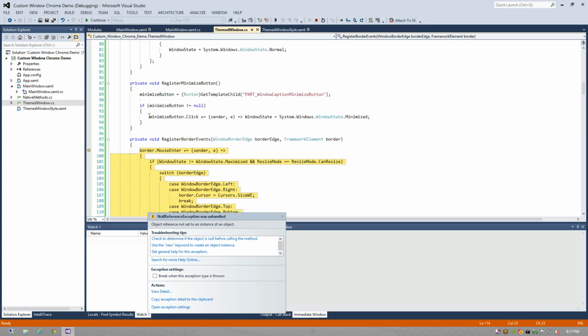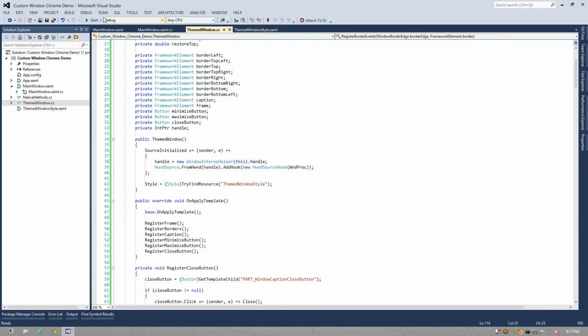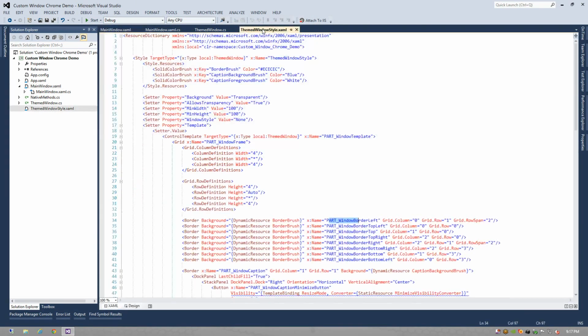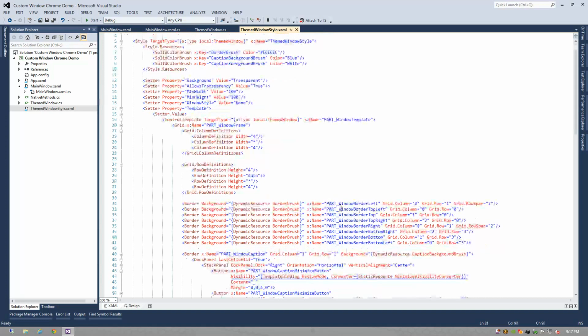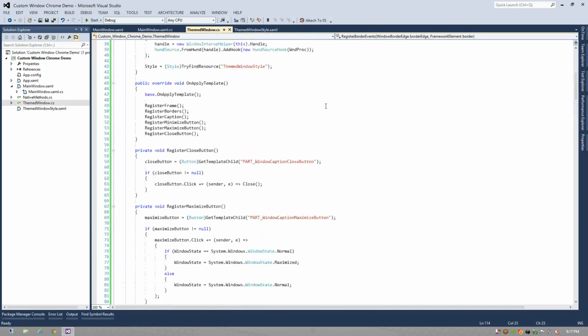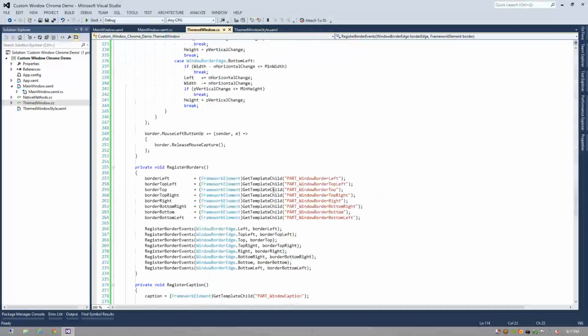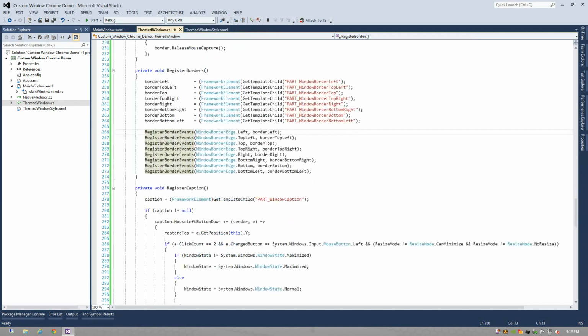Let's see, our border is null, so we did something wrong in our XAML probably. Part window border left. That looks correct. So if we go part window border left. Oop, okay, we forgot